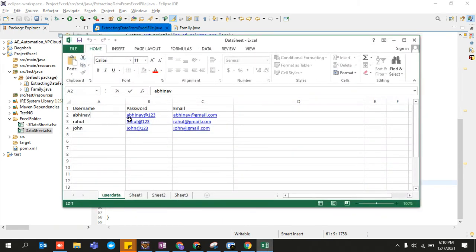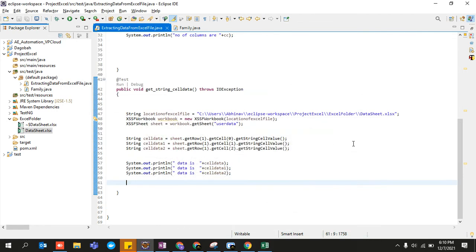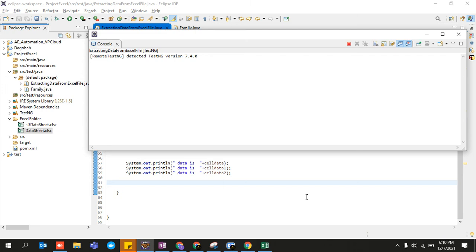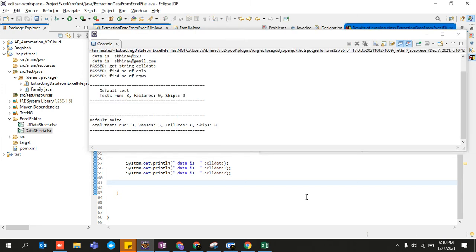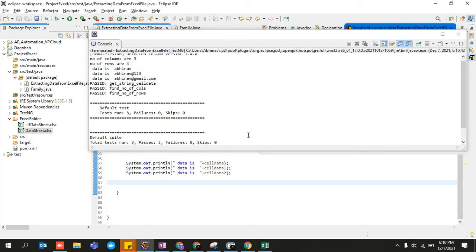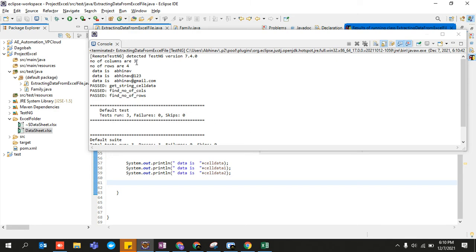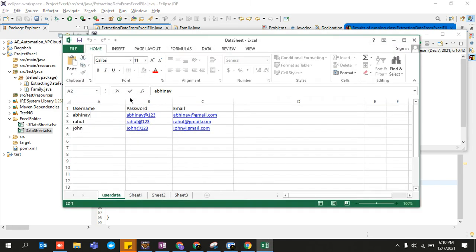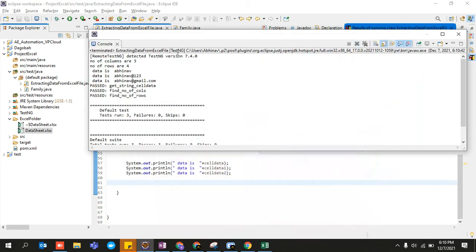It is going to return Abhinav, at 123, Abhinav at gmail.com. Just run it as TestNG test, and now it's going to give you some sort of output. Okay, so see, number of columns are 3, 1 2 3. Number of rows are 4, I have already shown you, and the data is Abhinav, at 123, Abhinav at gmail.com.